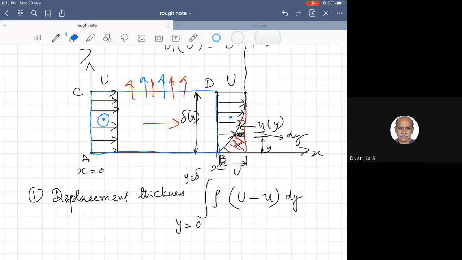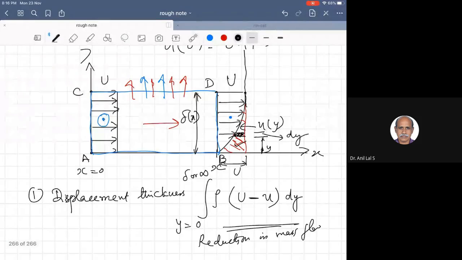So this integration can be from y equal to 0 to delta or to infinity. This much is the reduction in mass flow rate